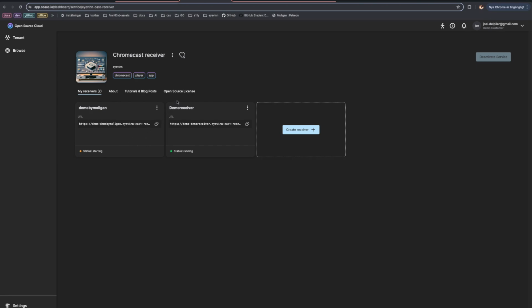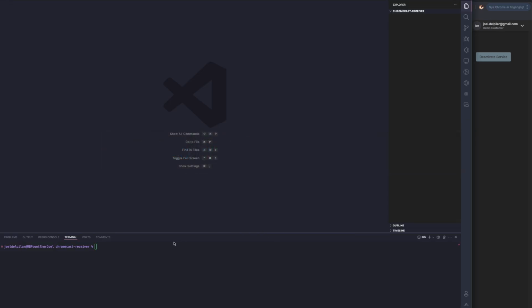And now what we need to do is implement this in some sort of project. So I'm going to set up a simple project using Vite. So I'm going to type here